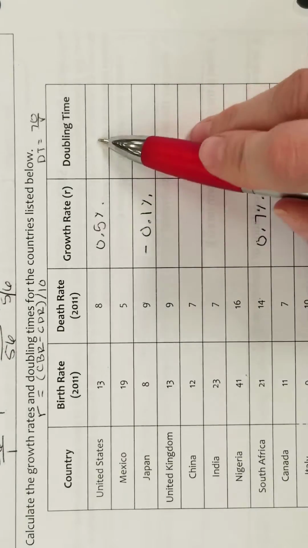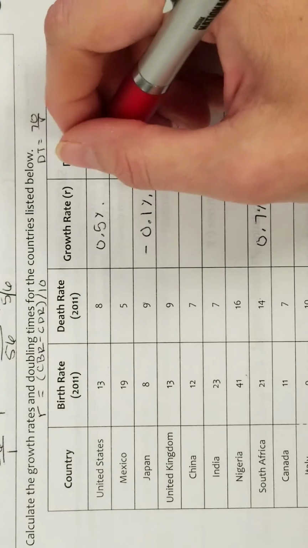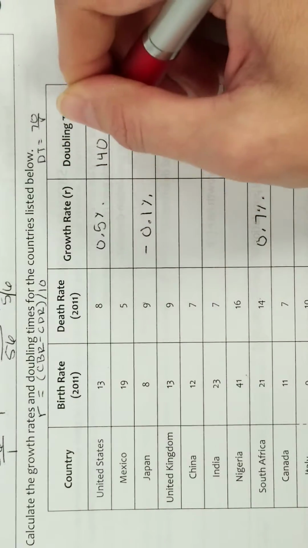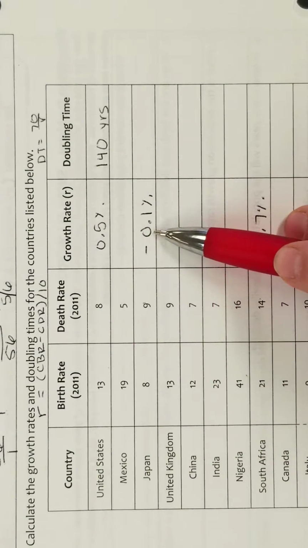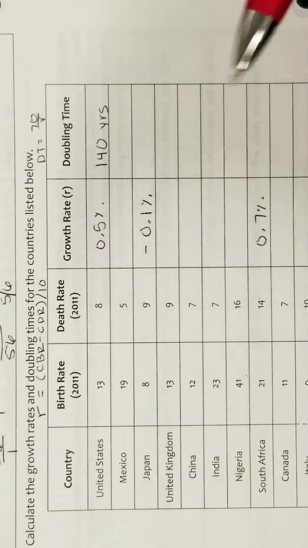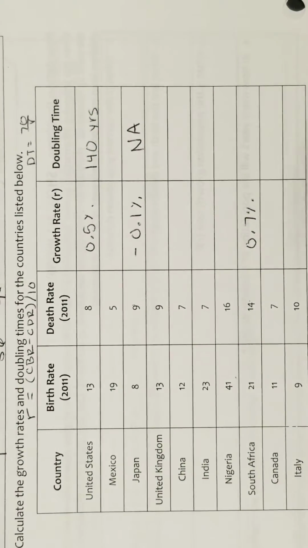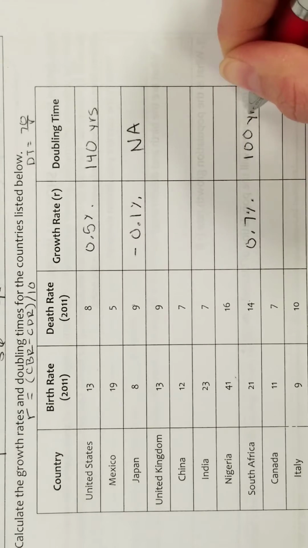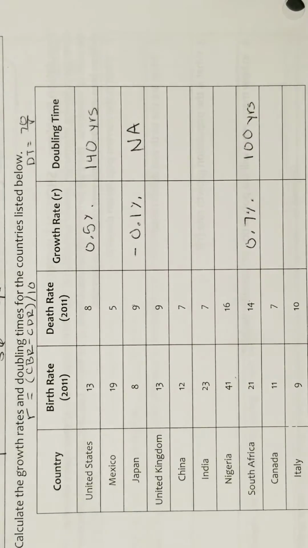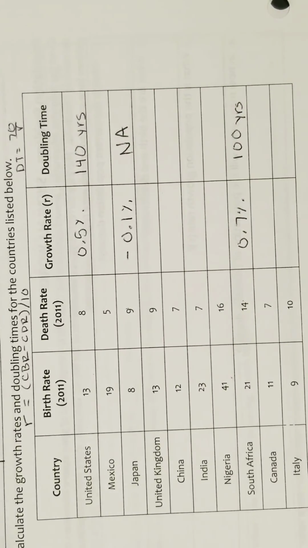Okay, so if I want to calculate the doubling time for all of these, it would just be 70 divided by the 0.5, in this case, 140. Japan, we have a negative growth rate, meaning our population is in decline. We would not have a doubling time. For South Africa, 0.7, so this is 70 over 0.7, giving us a doubling time of 100 years. Okay, you would use the exact same method to solve the rest. Make sure you have all of your math